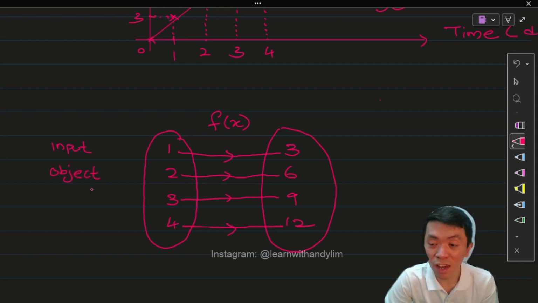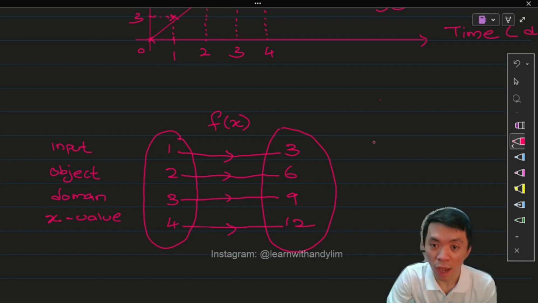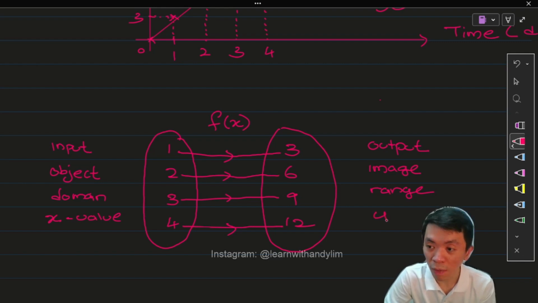You can loosely say it is domain. And last but not least, we are more familiar with this: it is your x value. With the input comes output. I have my output right here. I have my image right here. I have my range right here. Of course, we also have my y value right